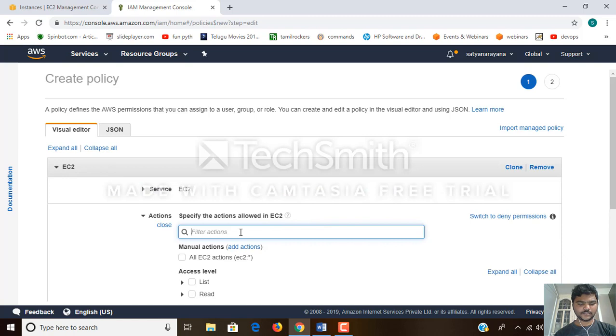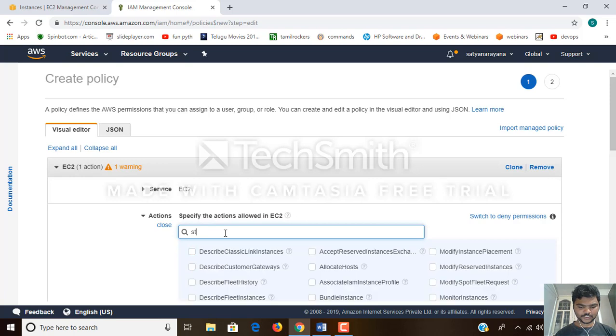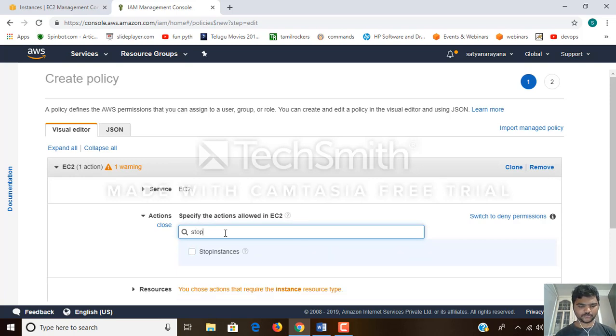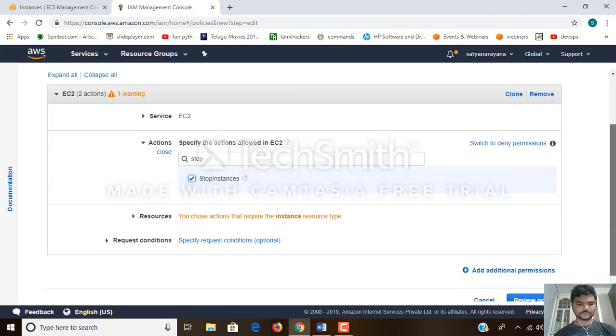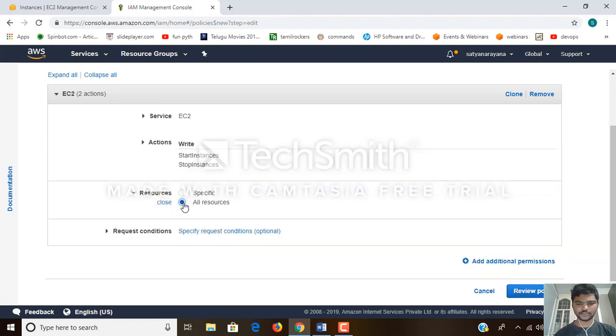and in the actions we want to specify start. We have default functions like start instance, click on that, and also we want to stop the instance, so click on stop. We have the default function stop instance, and if you see down we have resources. Here we want to click on all resources, as we are using all the resources, and click on review